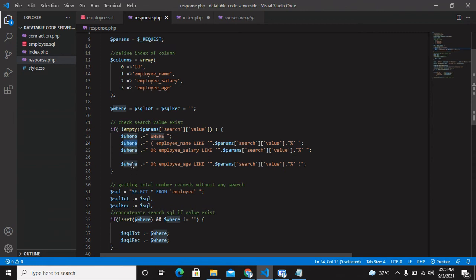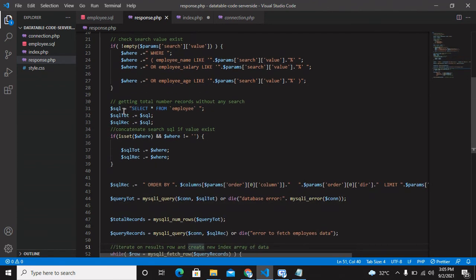So here we have created the where condition only based on the user input string. Here is the SQL record query and this is the total SQL record query, and we added the where condition to both of the queries.